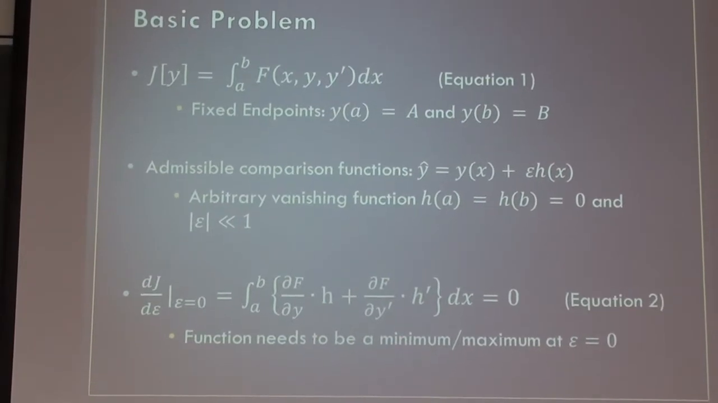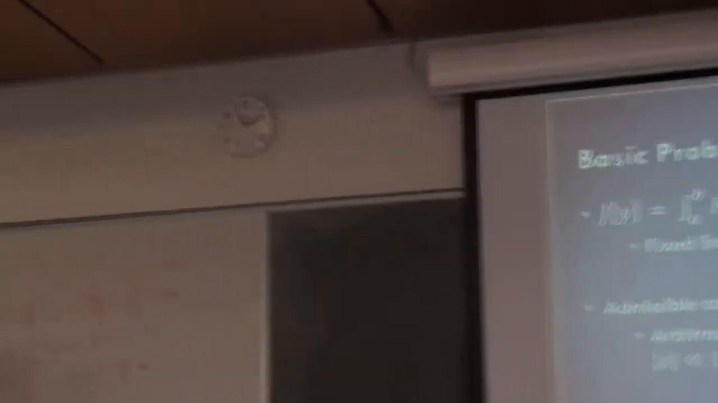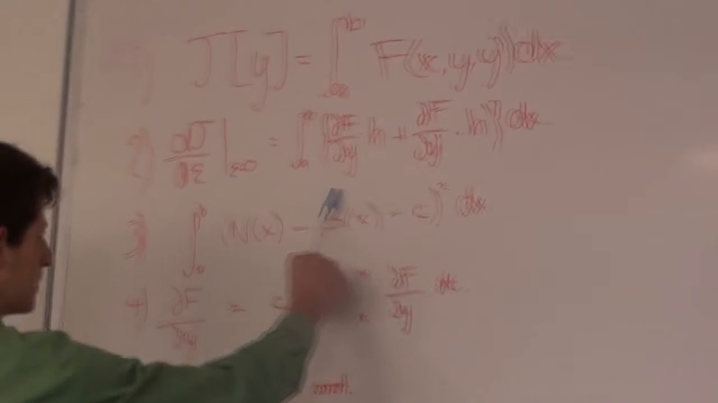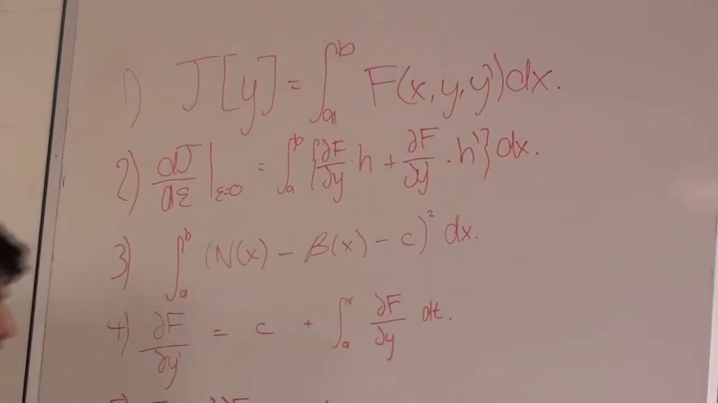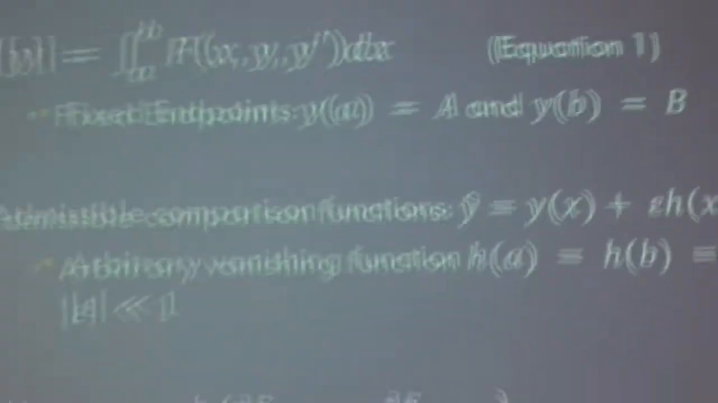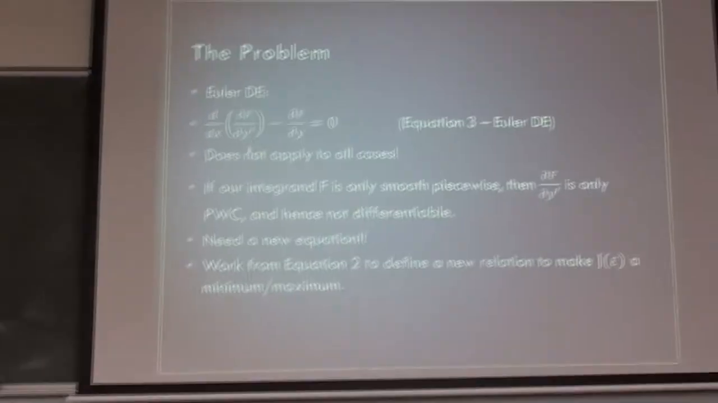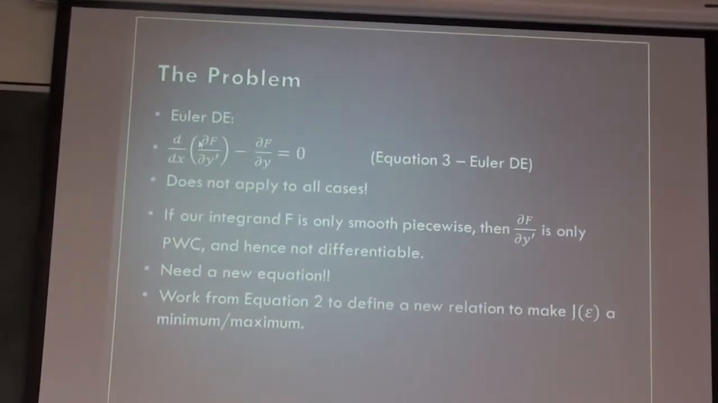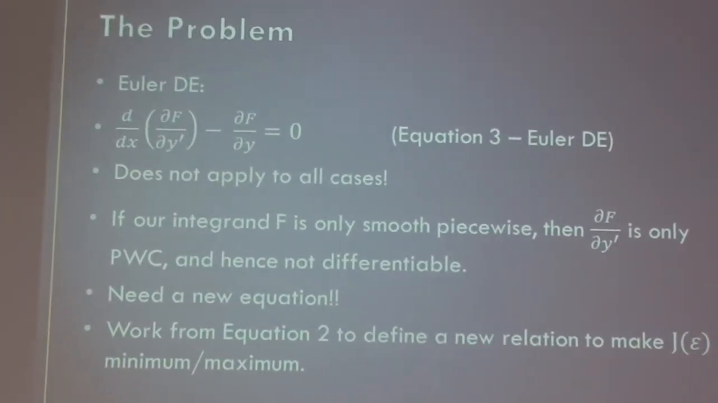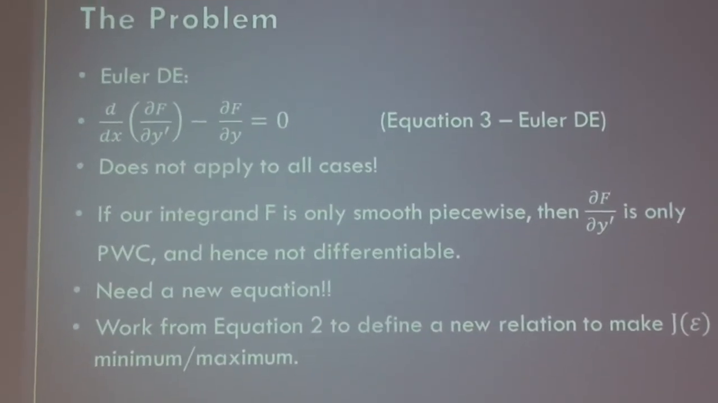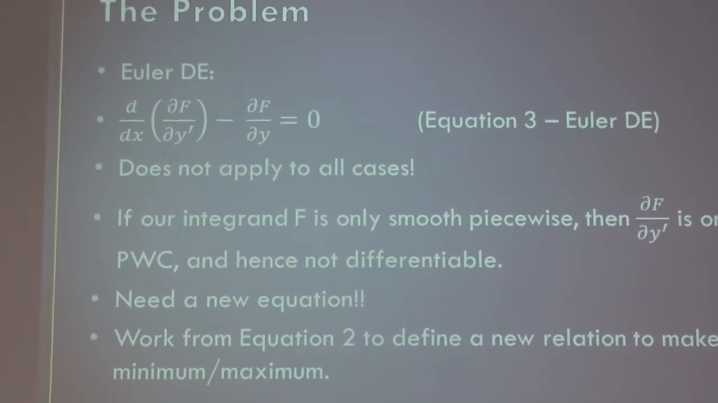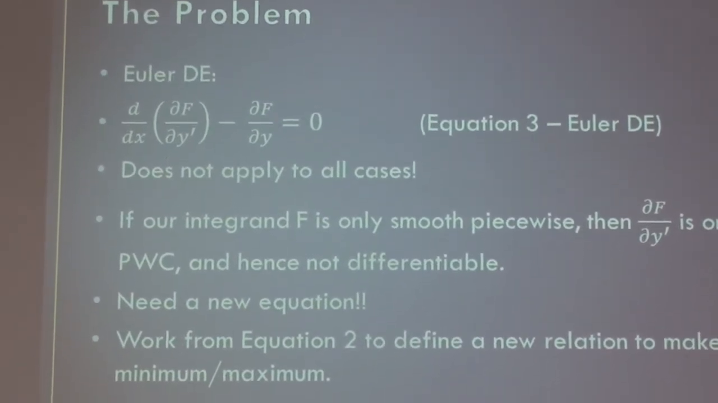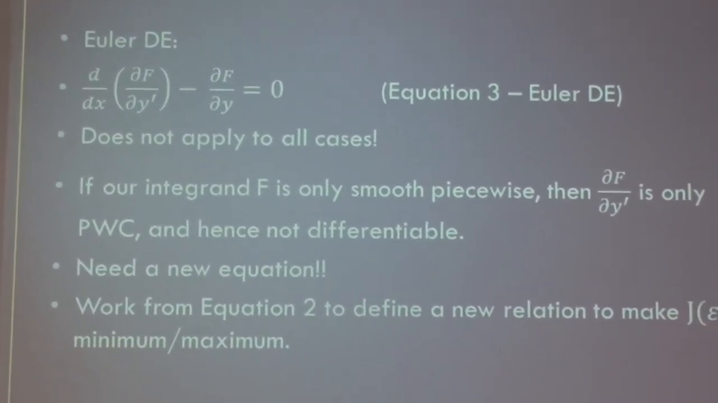Apologies for my whiteboard writing, but this expression here is the one that we got last week, and we used it to derive the Euler differential equation. The problem is this time we don't have a derivative term. You cannot differentiate twice. You can't use that in the Euler differential equation. So we have to find another equation to use, one that will allow us to optimize piecewise smooth